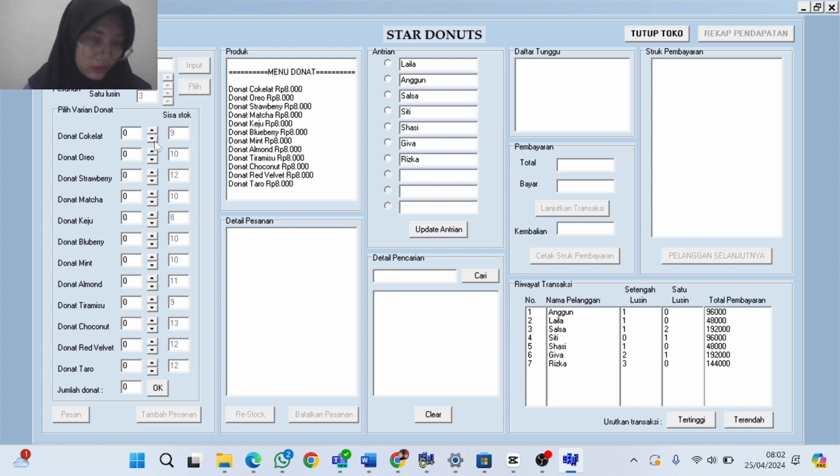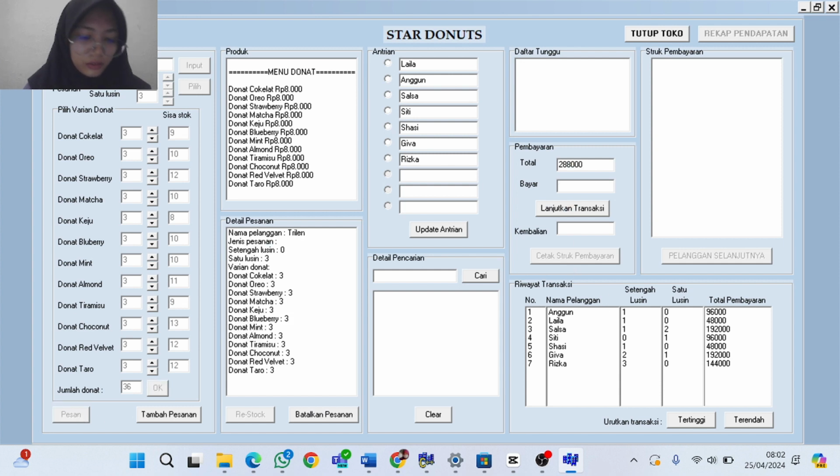Triland bought 3 donuts for all variants. Then Triland will pay 288,000.